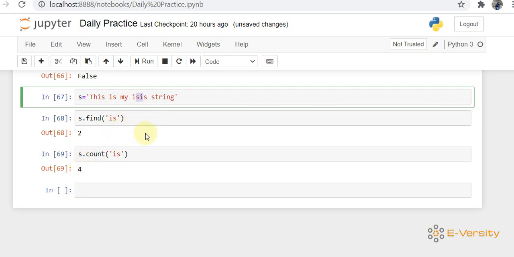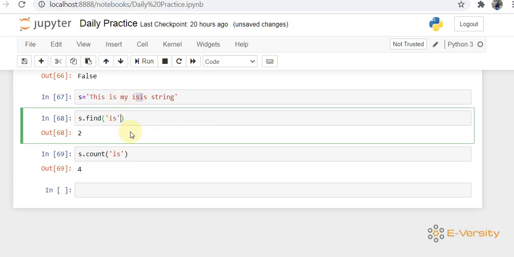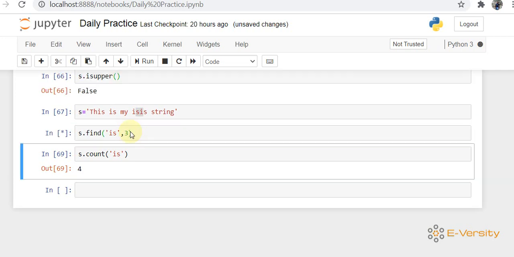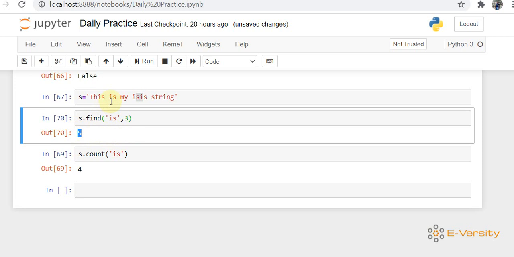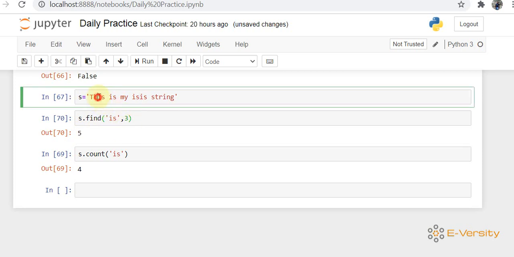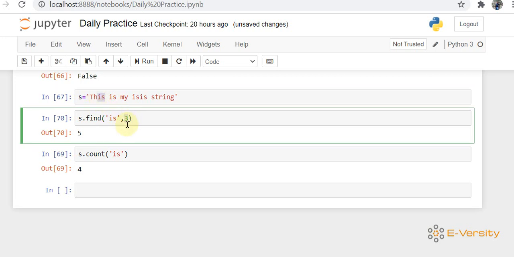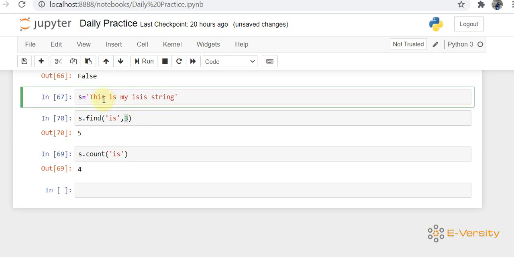This way you can use the string functions. All other functions can be used in the same way. You can also pass an optional value, the start. I want to start from 3, and you can see it gives 5, because the index 5 has is. It does not give the result 2 now, because it starts searching from index 3, and the first occurrence it finds is at 5.